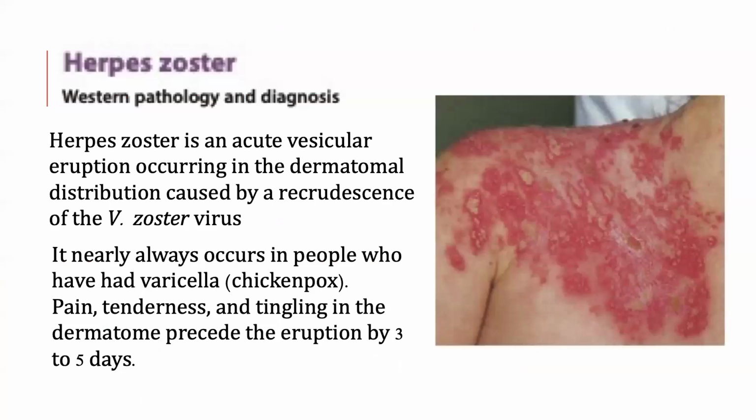In Western pathology and diagnosis, herpes zoster is an acute vesicular eruption occurring in the dermatomal distribution caused by recrudescence of the varicella zoster virus. It nearly always occurs in people who have had varicella or chickenpox. Pain, tenderness, and tingling in the dermatome precede the eruption by